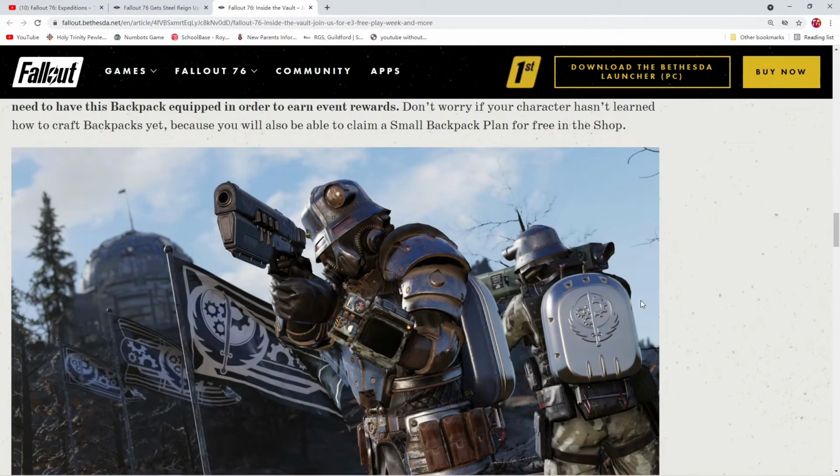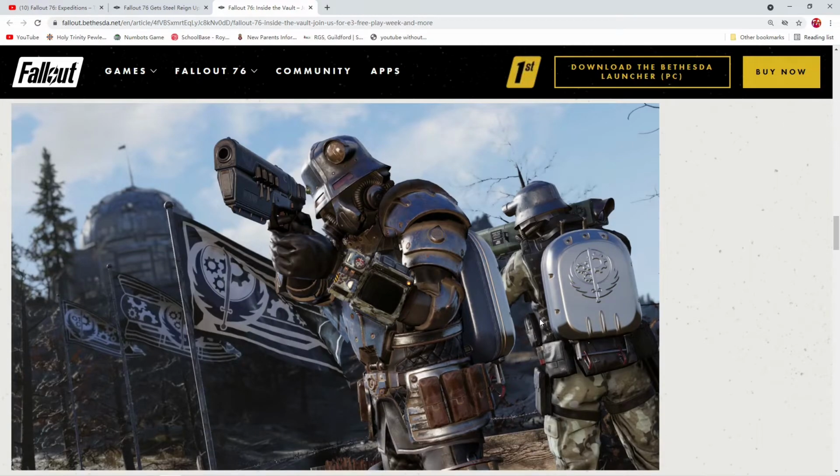So in order to join this event, you need to claim a few free items from the Atomic Shop. The first one is the skin for your backpack. This is a Brotherhood backpack skin. And if you don't have a backpack yet, you can claim a small backpack for free in the Atomic Shop as well. Once you equip this backpack with this Brotherhood of Steel skin, there will be daily challenges starting from